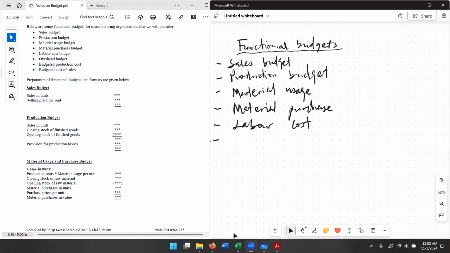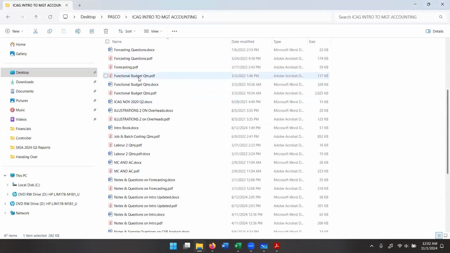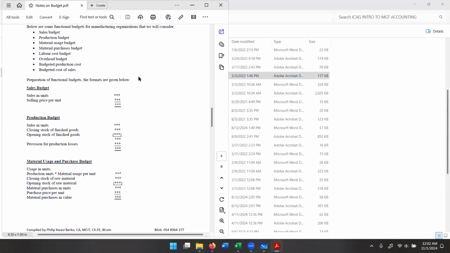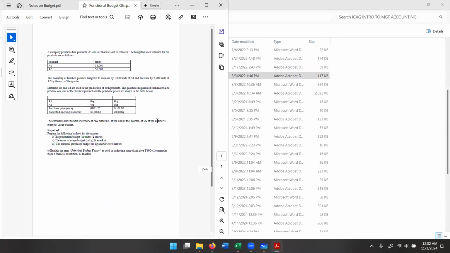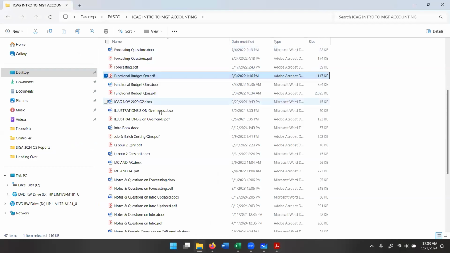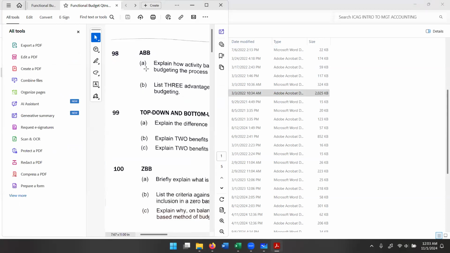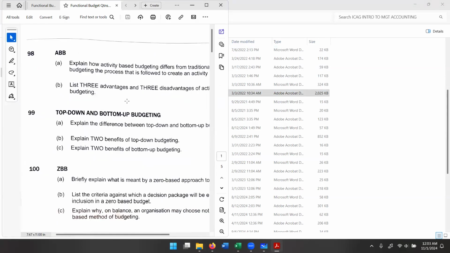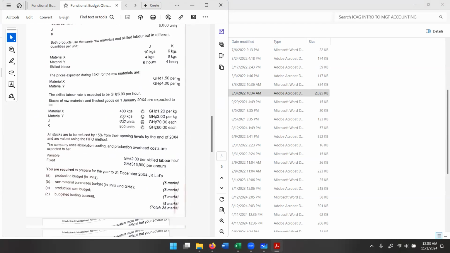But before we look at the formats, let's pick a question and solve it so that we can look at it together with the format. All right. So let's look at question